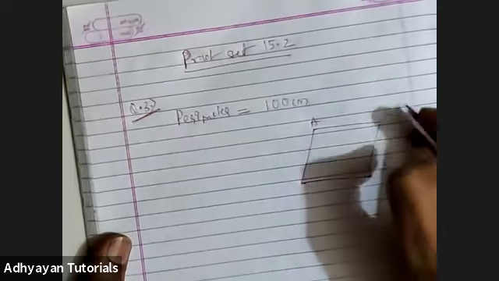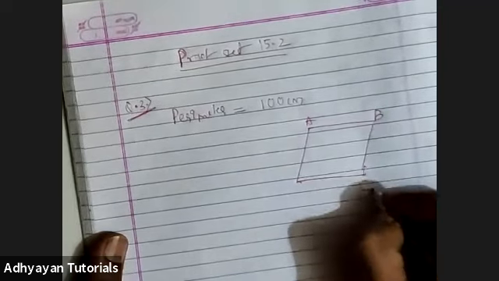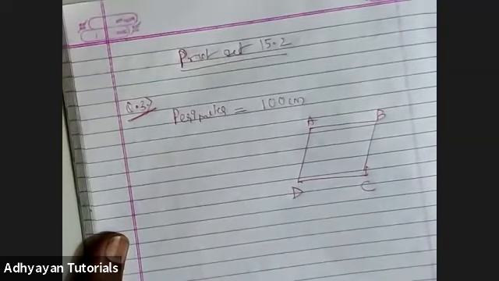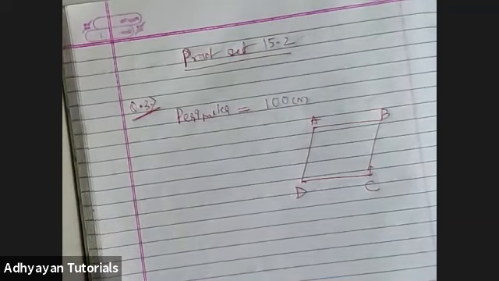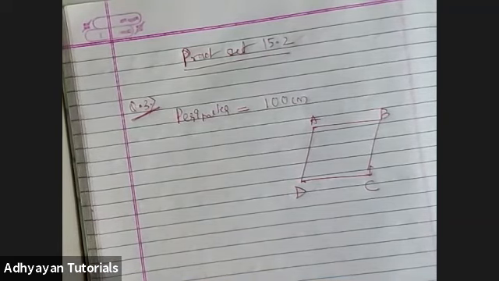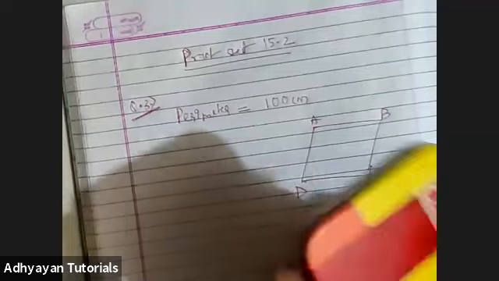I name it as A, B, C, D. Amberlin, I'll have to check. I believe I don't have a pen available as of now. What I have is a pencil or a pen which is almost out of ink.